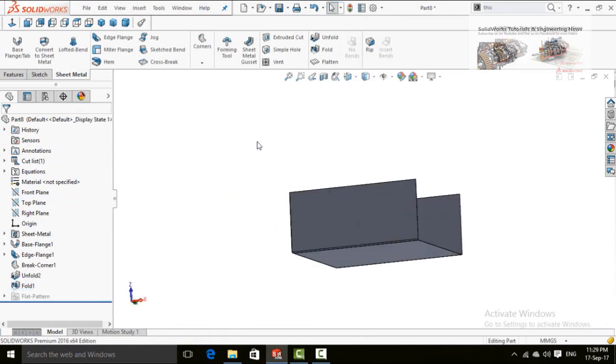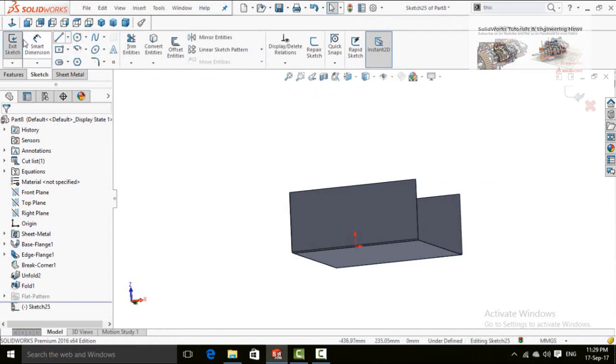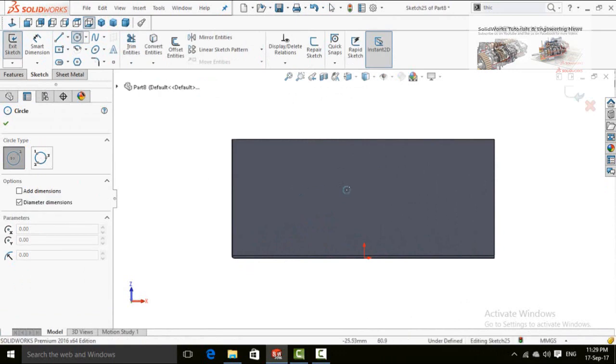So another important sheet metal command is vent. To use this command, we need to have some sketch on any plane or face. So make normal to and draw a circle.